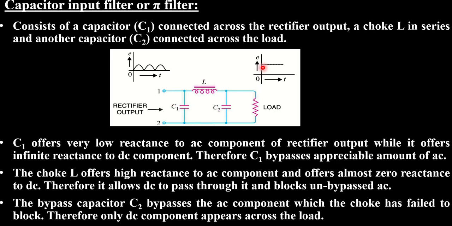So we will have very little ripple in the output signal. So this type of filter is more effective, and we can have several sections of these pi units. This single unit can be called a pi unit, so we can have different sections of this pi unit arranged to get a more pure DC output or to reduce the pulsations more. So that's all about the filter circuits.